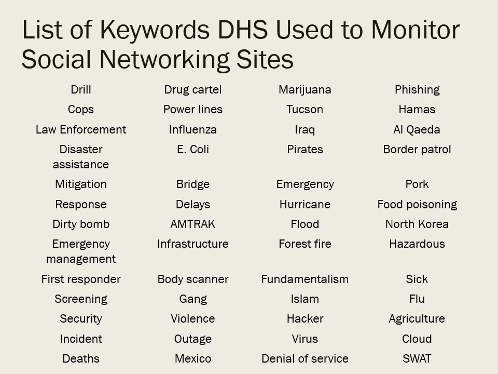But this slide shows a very abbreviated list of the words that DHS was monitoring. And sure, some of them might be mentioned if you were planning a terrorist attack, but it's a lot more likely that these words were just showing up in everyday, generally uninteresting, except to the person posting and their friends,